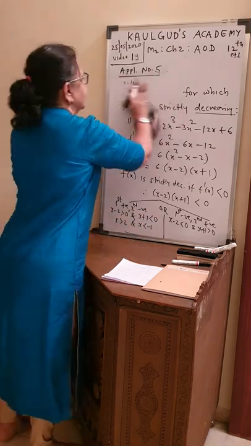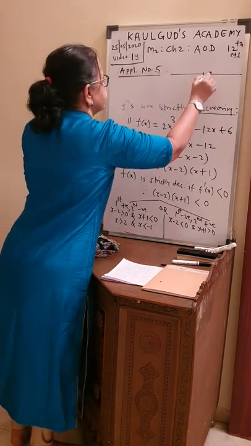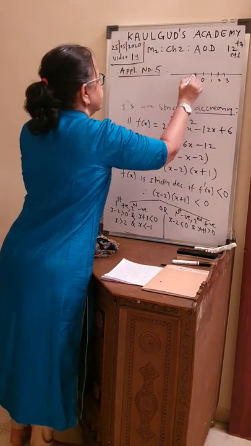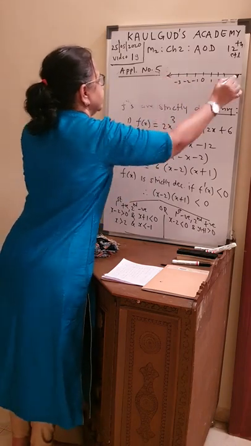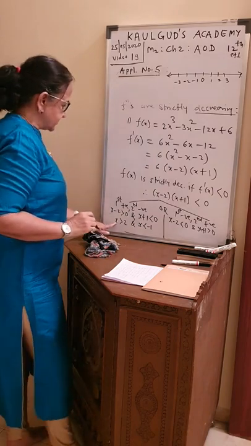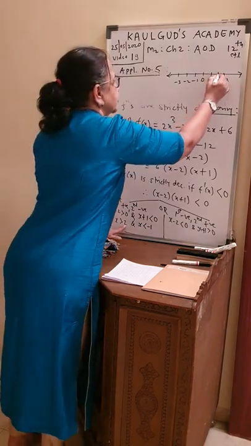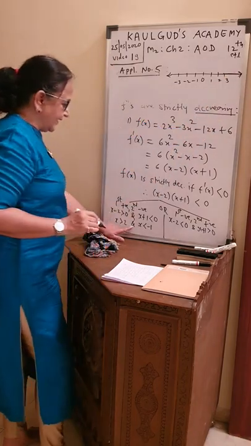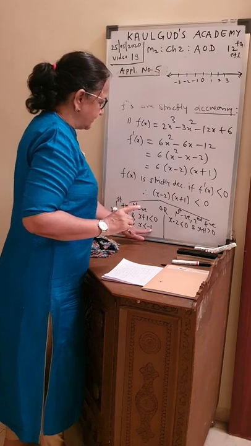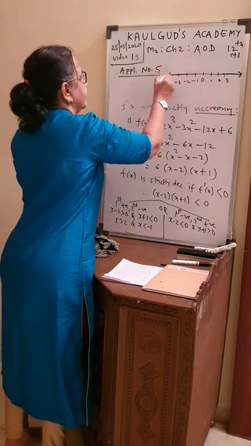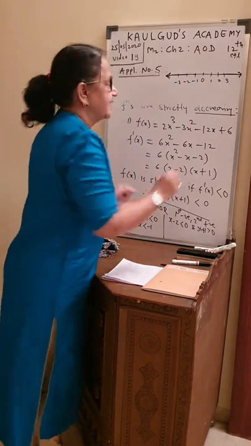Okay? Now, look at this on the number line. Look here. This is 0. 1, 2, 3, minus 1, minus 2, minus 3 and so on. Number line will go on the other side. How is x? It should be greater than 2. So bigger than 2, 2 onwards. And at the same time, and means simultaneously, smaller than minus 1. Can you find any number at the same time?